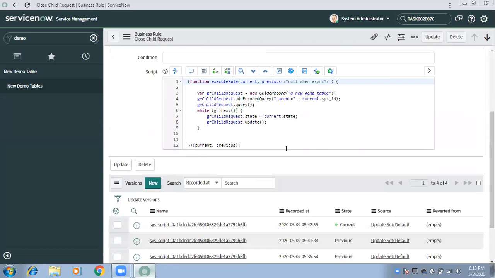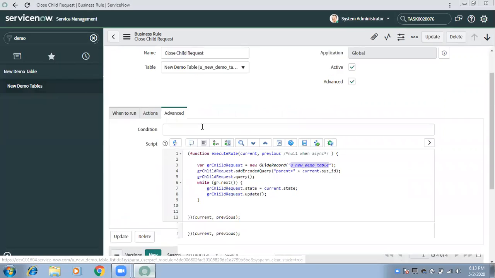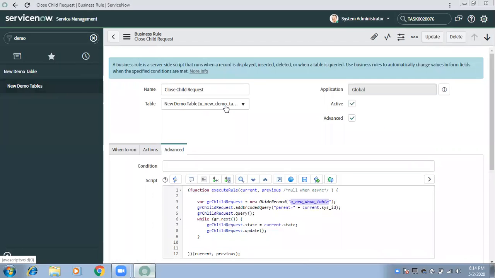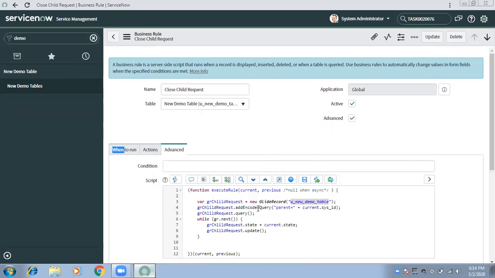Then if I come here, I am saying u underscore new underscore demo underscore table is the table name, correct. Yes. It's correct. Saying parent is equal to parent.sys ID. That is good.